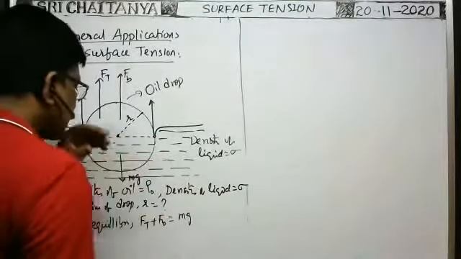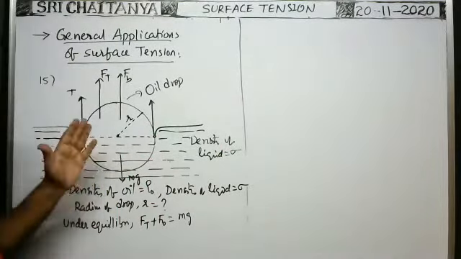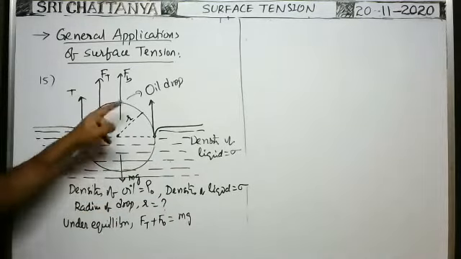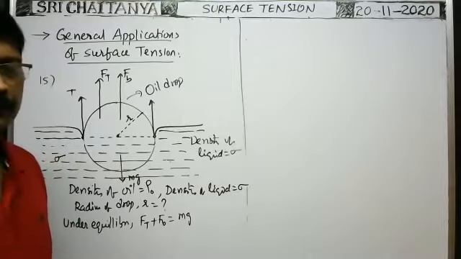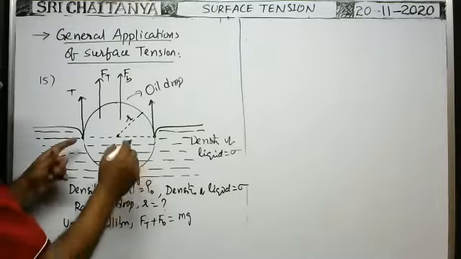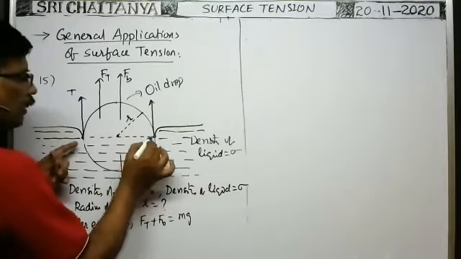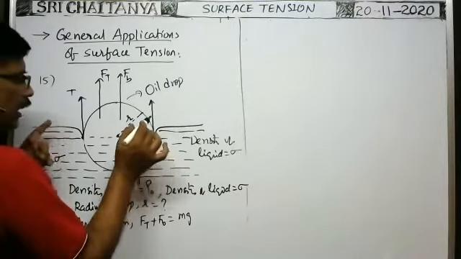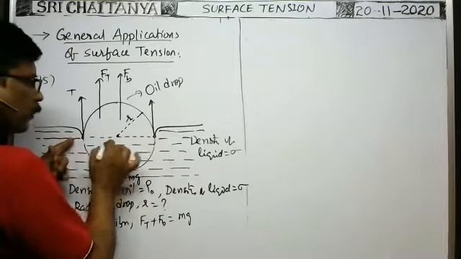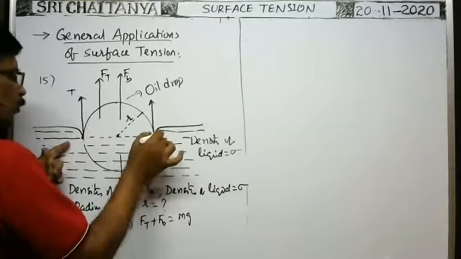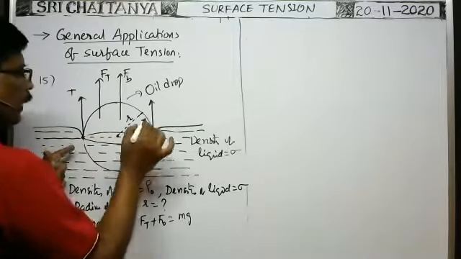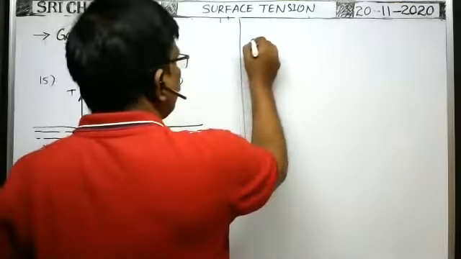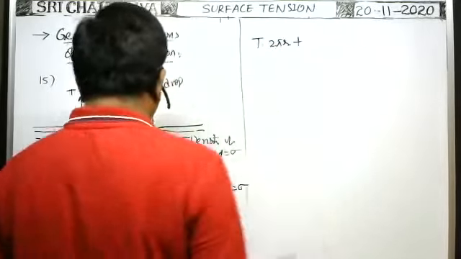Okay. What is the force due to surface tension? Radius of the drop is small r. What is the force due to surface tension acting on the oil drop upwards? T into 2 pi r. Very good. Because exactly half of the drop is submerged in the liquid, the free liquid surface in contact with the oil drop is circular, in the diametrical plane. That's why the total length of the free liquid surface in contact with the oil drop is 2 pi small r. That's why T into 2 pi small r, plus buoyant force.